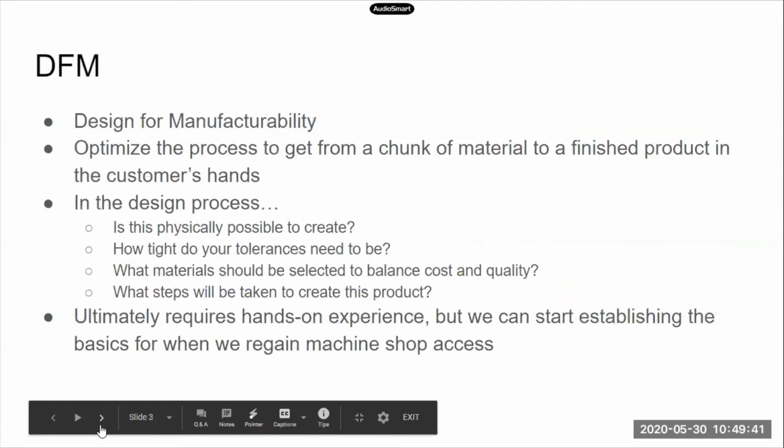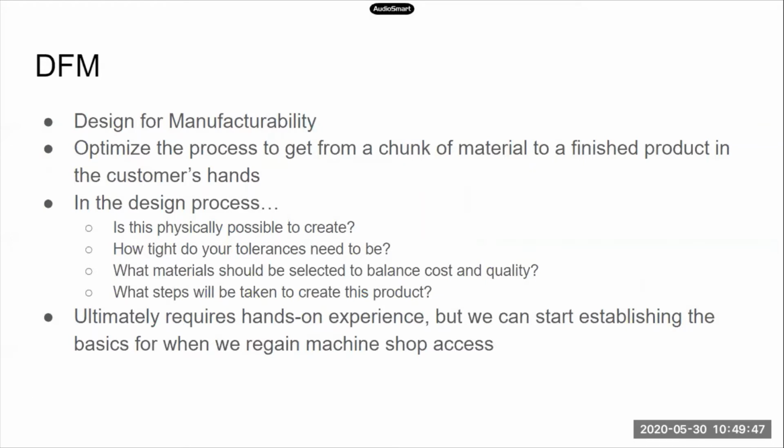Next slide. All right, so the big portion that I want to cover today is design for manufacturability. Basically, what that means is that you want to design a part that you can make, and you want to polish the process from as soon as it leaves the designer's hands, and even in the design process, all the way to when you have your final product and it's getting into the consumer's hands. So this includes the shipping processes and everything, but in our case, our biggest concern as designers is going to be,